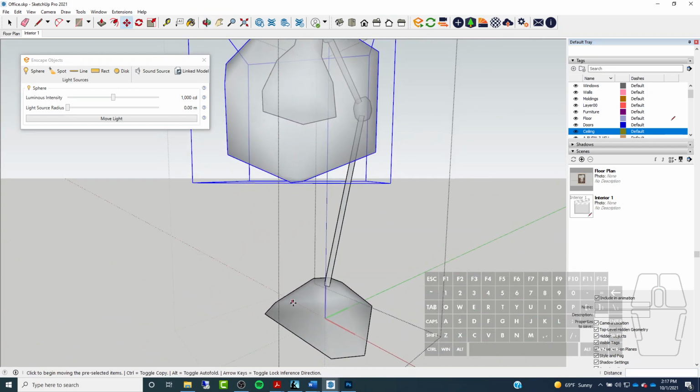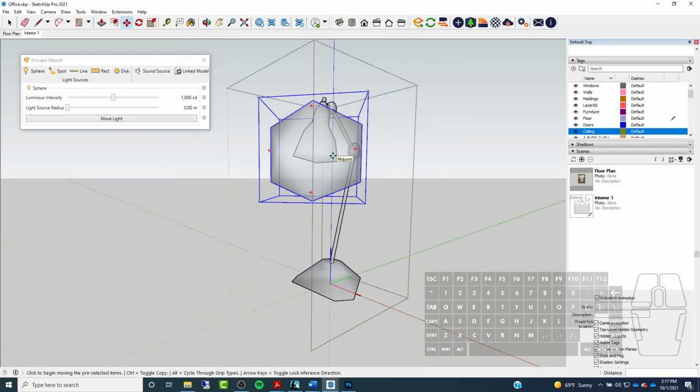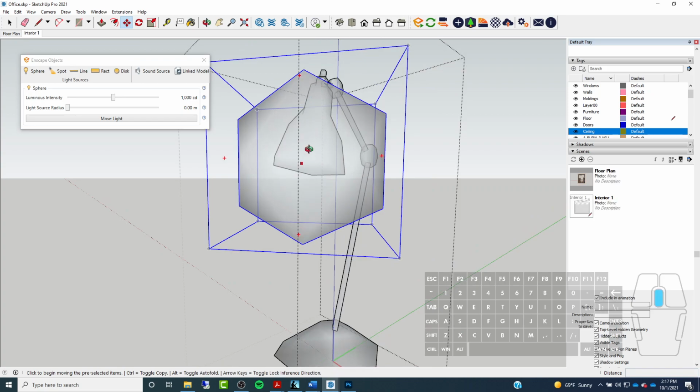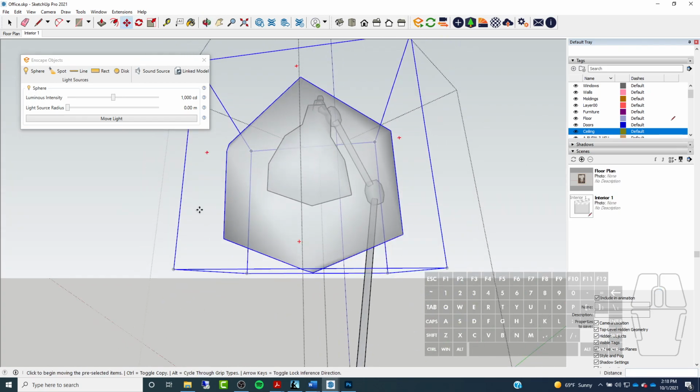So because of the way that this is modeled, since it's an Enscape asset, it's a little bit hard to see what's actually up inside the shade. So we're going to have to jump back and forth between here and Enscape and see how it's rendering. So now that I have that placed, I'm just going to toggle on my live updates, and then I'm going to pop over to my Enscape view,